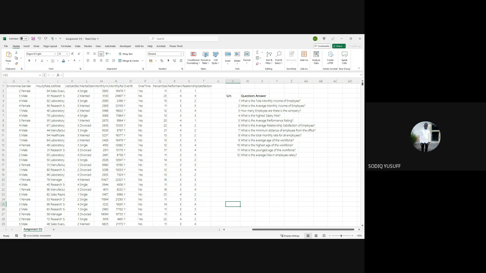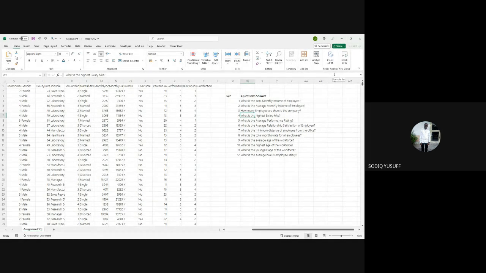So for others who are yet to submit the assignment, you will have the opportunity. The timeline for submission of assignment is going to be extended till Thursday this week. Thursday is the deadline for submission of all assignments. So any assignment that did not come in by Thursday, we assume that you did not do the assignment. So if you are here to turn in your assignment, you still have the liberty to do so between now and Thursday. So this is the assignment, we'll look at this later.